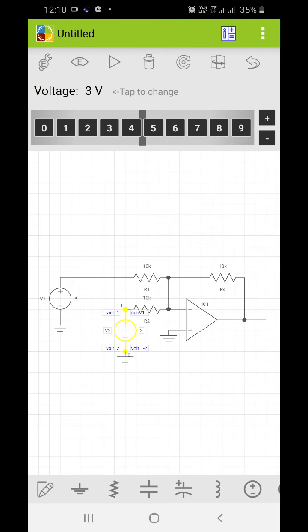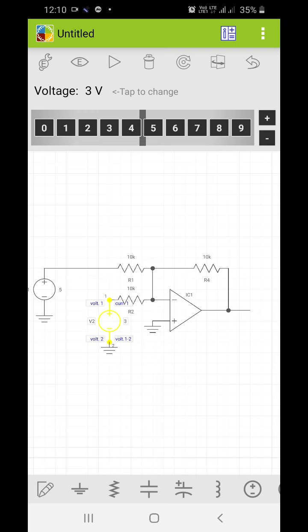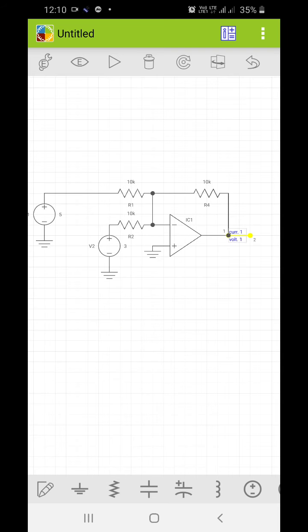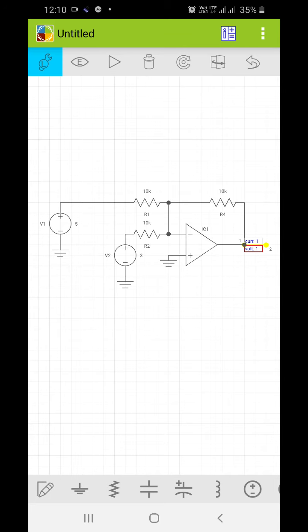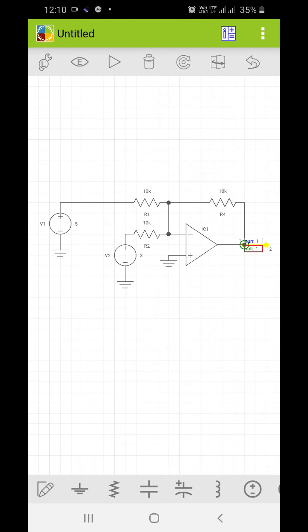I have already changed the values of the resistors to 10k, 10k. Now I will check the output. We check the output at this point. At this point I am checking the voltage, and that voltage is getting red, so it has been selected. So I will go to the properties, I will check these boxes, and my setup is over.